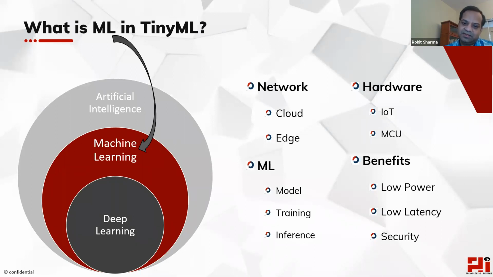And the other terminology that we will use is network, cloud versus edge. Cloud, as you know, is part of the household today: Amazon Cloud, Google Cloud, Microsoft Cloud. So anything that's being processed somewhere in the data center with powerful GPUs or CPUs, that is cloud. And the leaf node of the network is the edge. It could be your cell phone, or some other device, let's say your thermostat or a doorbell, say Ring or Nest. So those are edge devices.